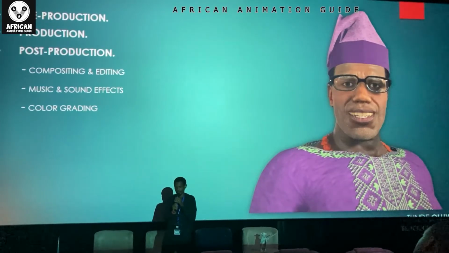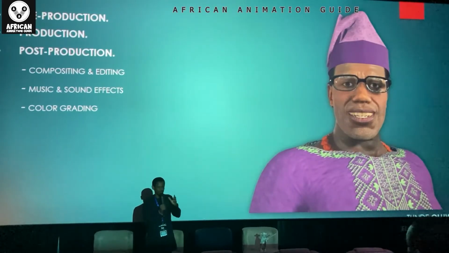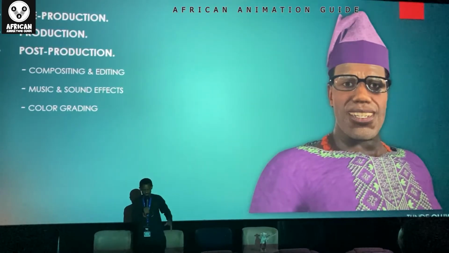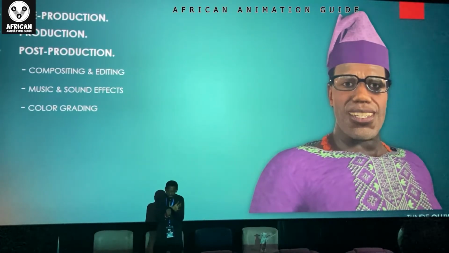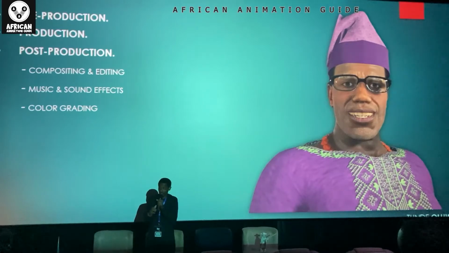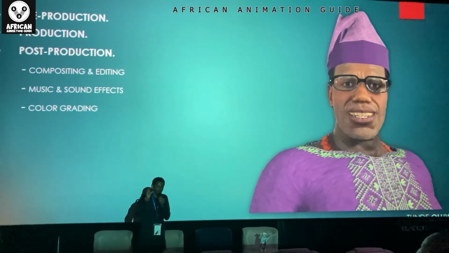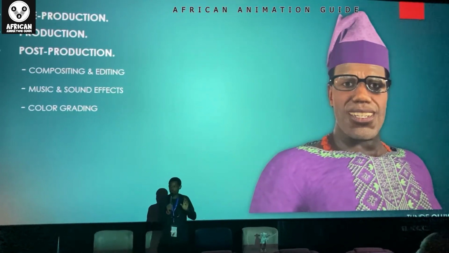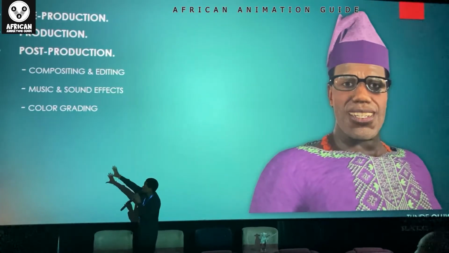Then we do color grading. Because the process is kind of complex, sometimes you could have a whole lot of people working on it. There's a project we had a couple of months back where a studio in Abuja helped with some scenes, although we used the same application. By the time they brought theirs in from Abuja, there was a slight difference in color grading compared to the ones we had in Lagos. So at this point, the color grading is what ties all the scenes together with a particular feel, so that they come out as a monolithic object, and you won't even see the difference. So that takes care of the color grading.